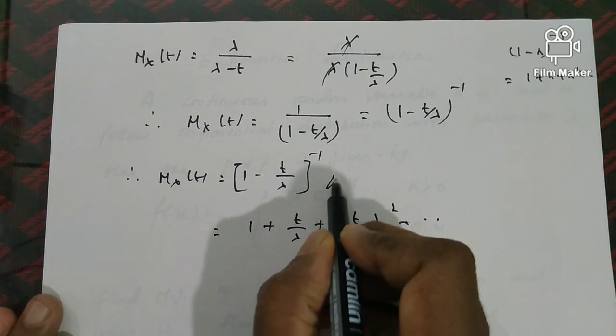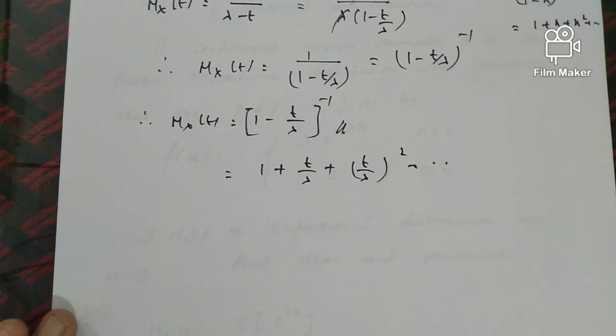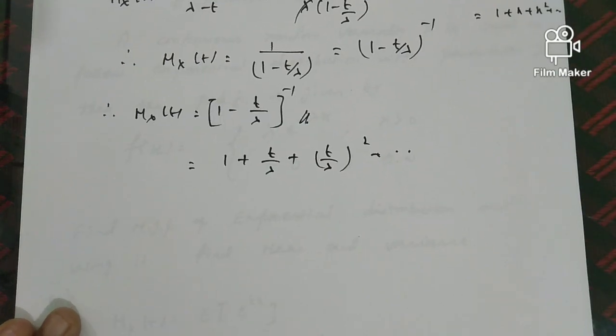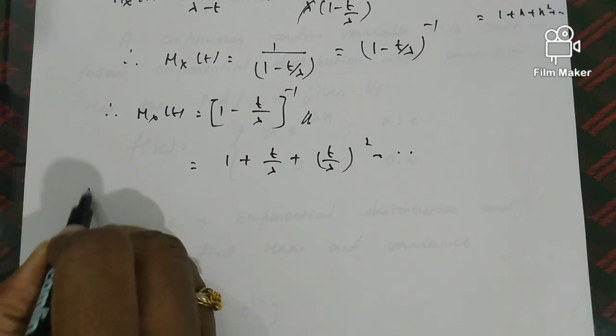This is our M_X(t), and using this M_X(t), we are going to find the mean and variance. For that, we are going to differentiate this M_X(t) with respect to t and then put t equals 0 so that we can get the mean. For the variance, we have to go for the second derivative. So to find the mean,